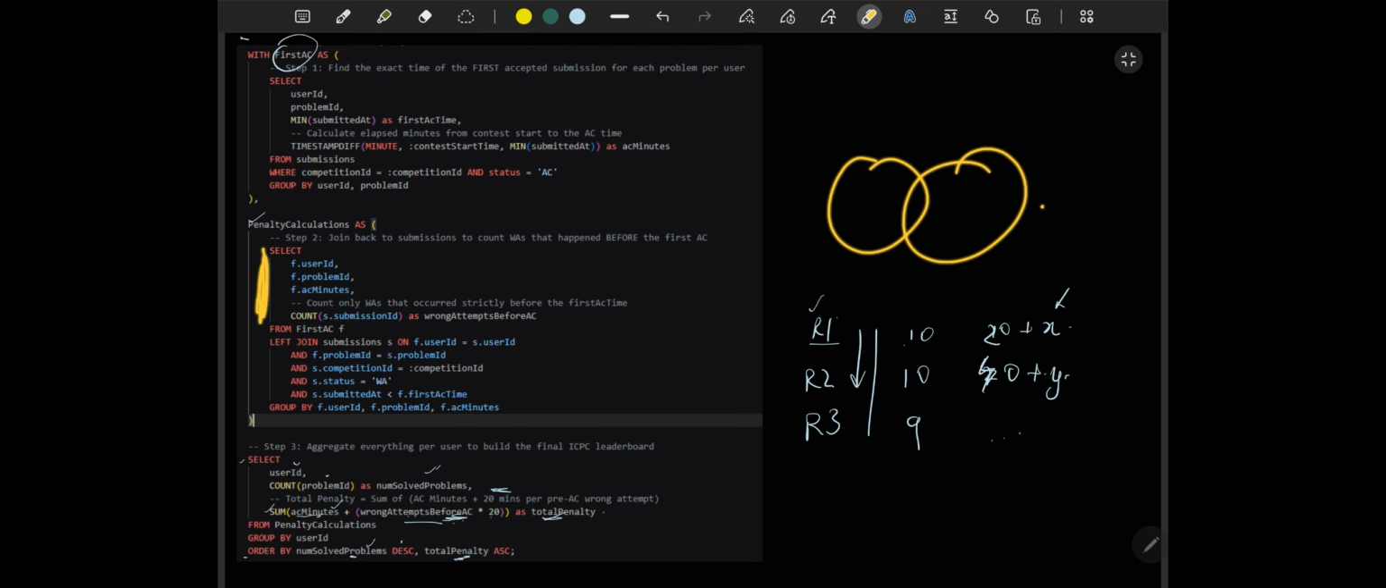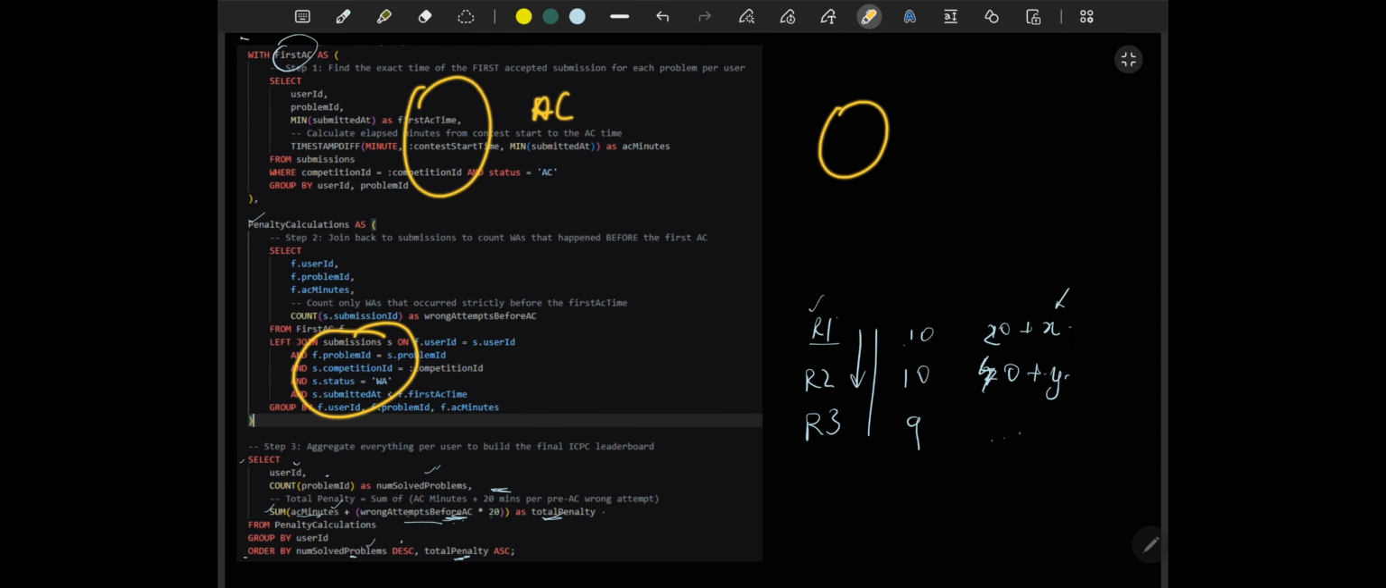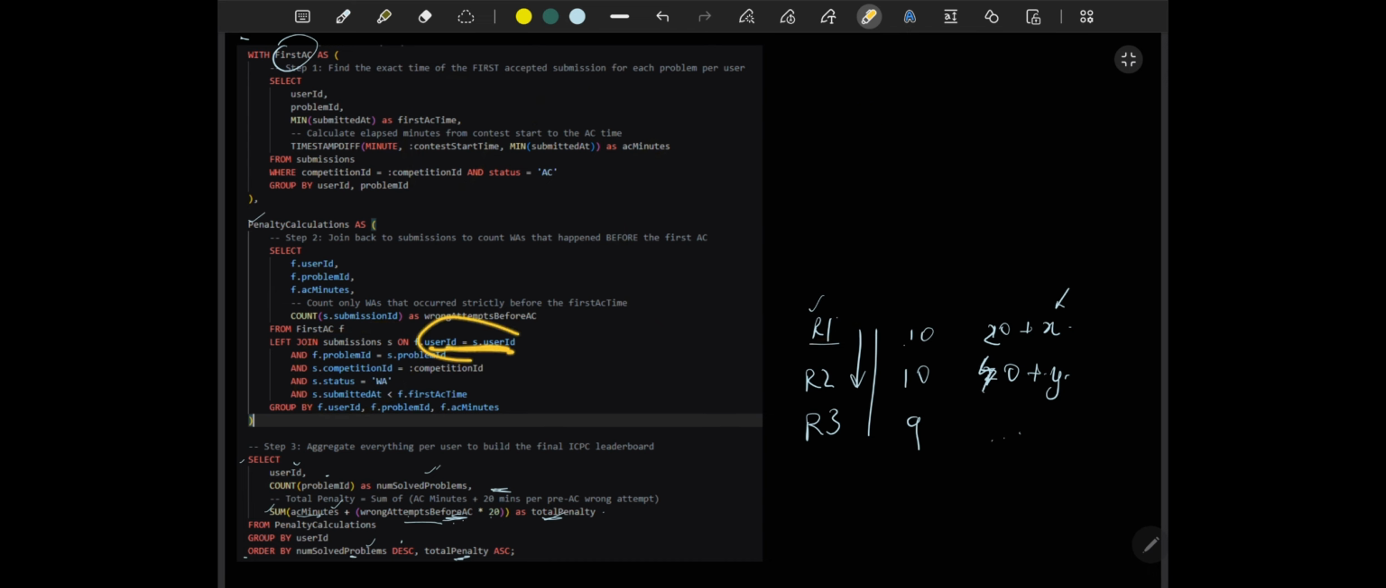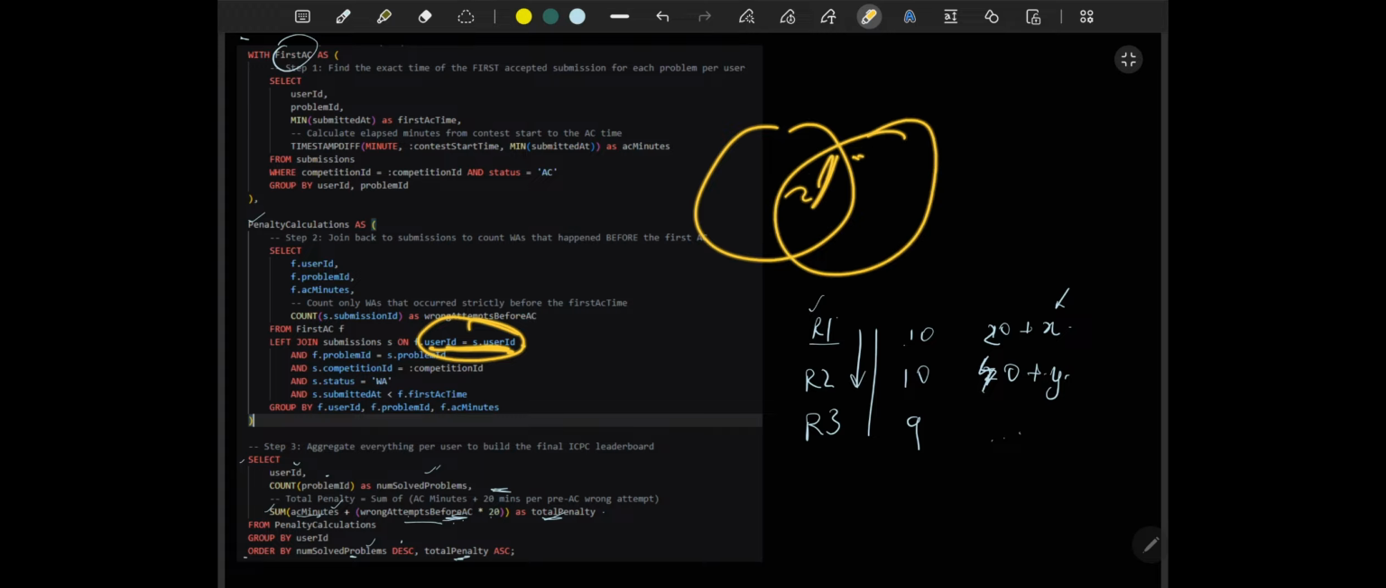One table you create over here from first ACF, and then you join it again on the submission table, because this is a filtered table of AC. You again join back on the bigger table to identify along with the wrong problem. How you are doing the joining? You are matching the user ID for doing the join, and when you are doing this join, you are matching